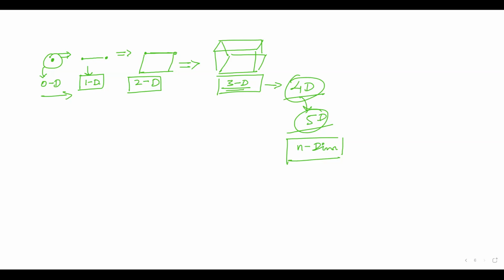So similarly, we will start with 0D. What is 0D? 0D is nothing but an atom. So we don't have anything to study about an atom. And if you have one atom, it is always in gaseous state. It cannot be in solid state because it is one atom. And solid is defined by intermolecular forces. There would be other atoms around it. So we will not understand 0D. We will start with 1D.